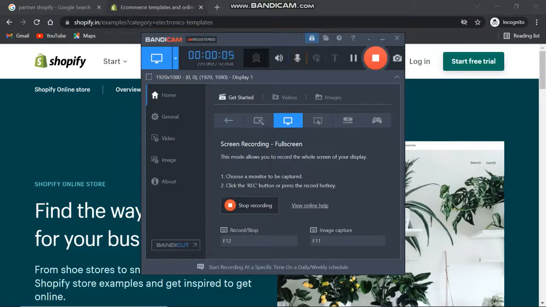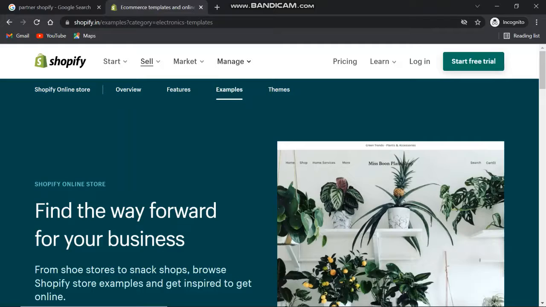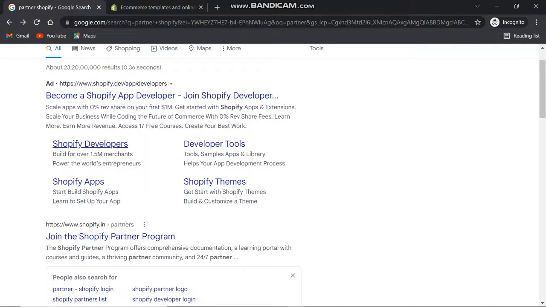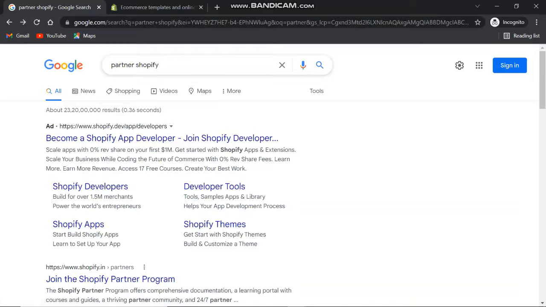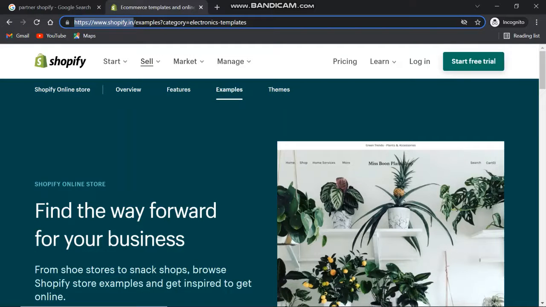So today we will see how we can log in to the Shopify admin dashboard. There are two ways. The first way is from shopify.in, and here you are seeing the login option and start free trial. And there is another way, that is the Shopify partner account. So we will start with the Shopify partner account, because here, if we log in from this shopify.in